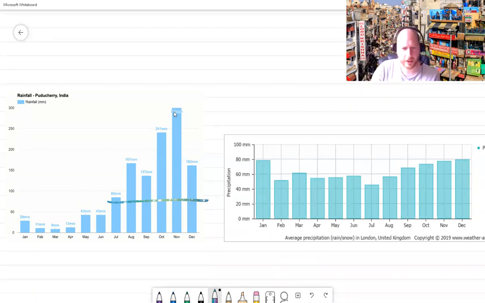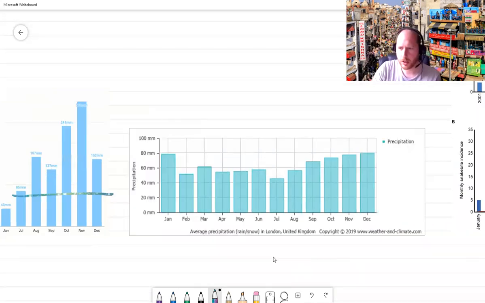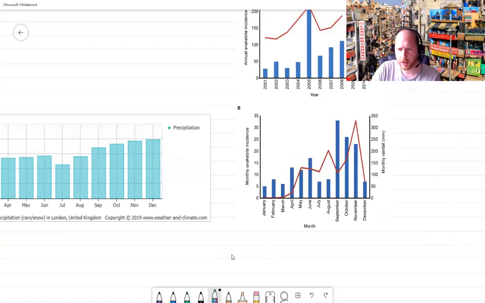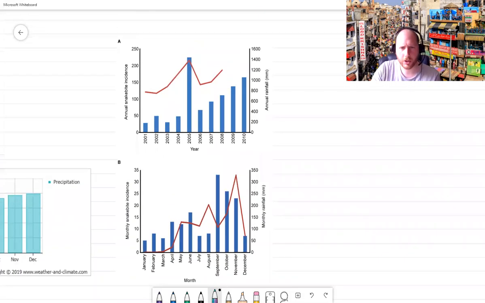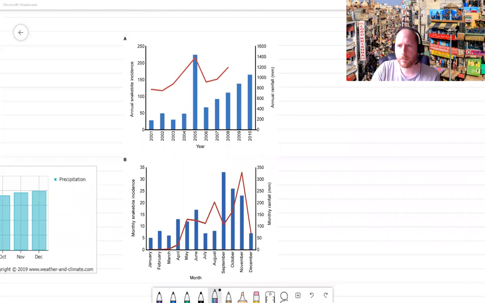Now, I did also find, just randomly, another chart here which shows, across India, not just in Pondicherry, the correlation, or at least the connection, between snake attacks and the rain. It would seem that in monsoon season, so September to November here, averaging out over India, we can see this red line shows how many people are bitten by snakes. And as the rains come, the people get bitten more. In very rainy years, the people get bitten more.